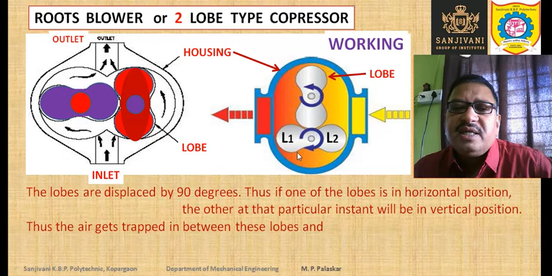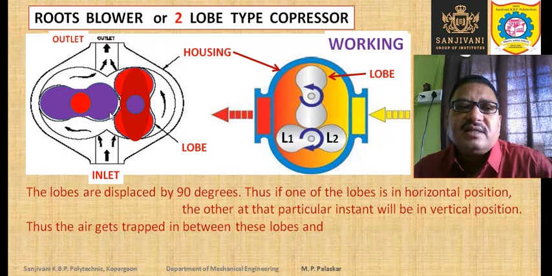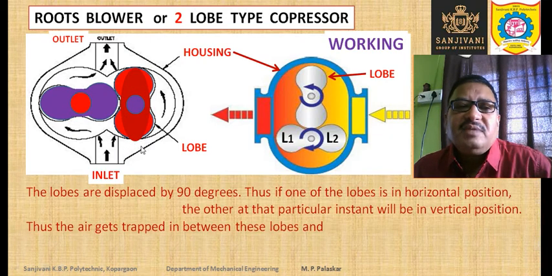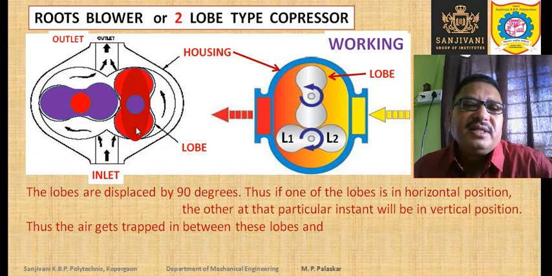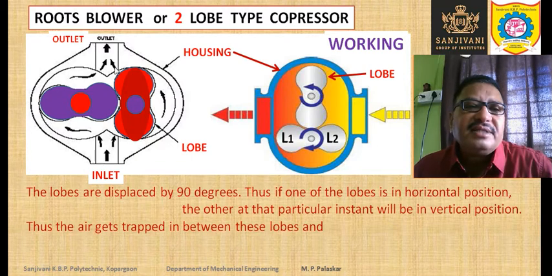So the air is moving in this particular direction. It is not moving like this, right? So here you can see this is the inlet, this is the outlet. So we see that this rotor rotates in the anti-clockwise direction and this rotates in the clockwise direction, right? So but the air is moving in this direction, okay? Sorry, this rotor rotates in the anti-clockwise direction and this rotates in the clockwise direction. So the air is moving like this, not like this. Air is moving like this, okay?